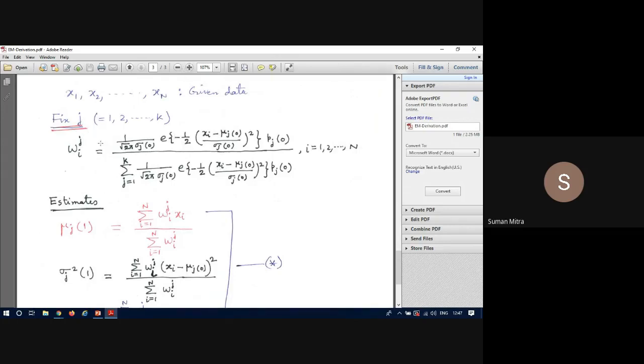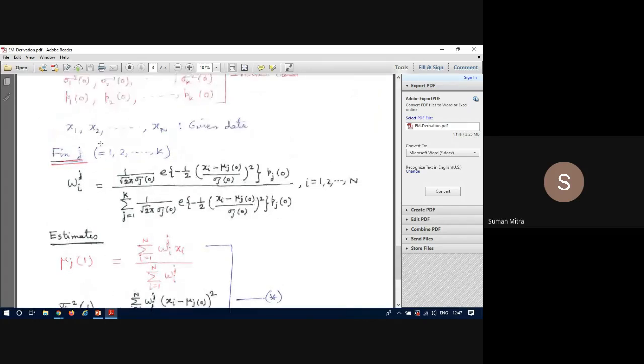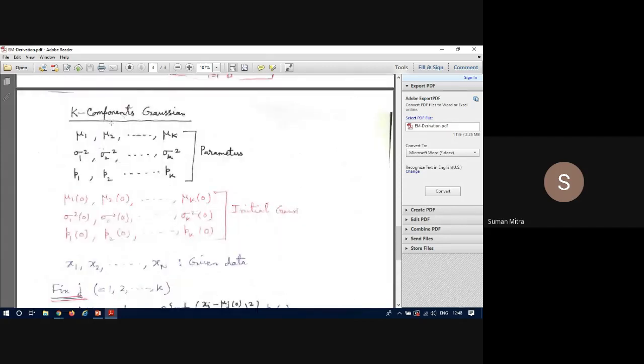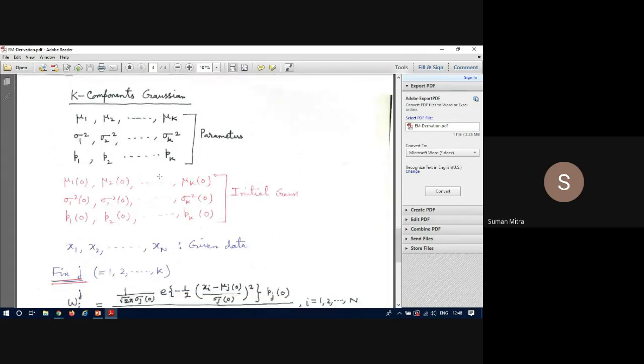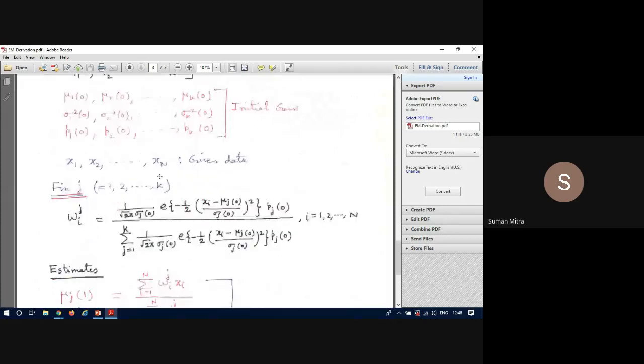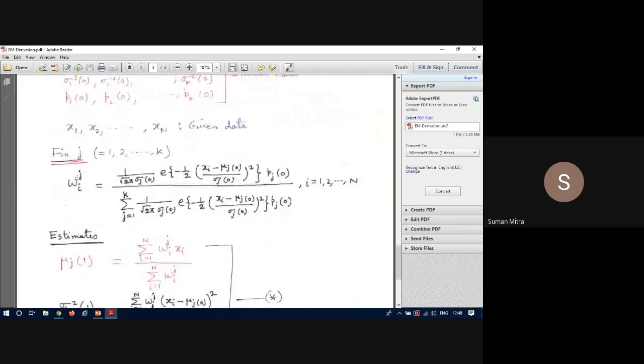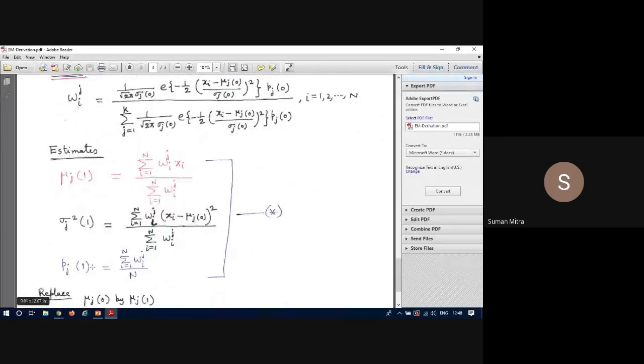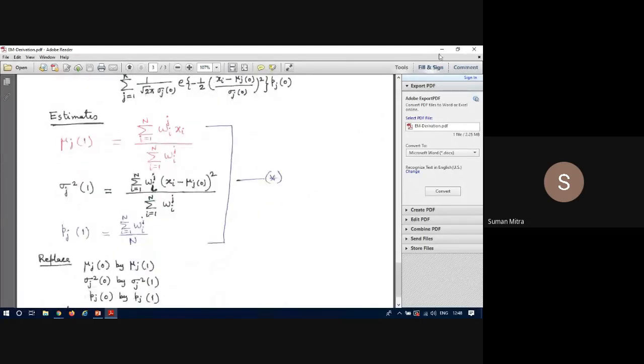And again, I am adding this part that when we have a vector valued Gaussian, then mu will be replaced by mu vector, sigma square will be replaced by sigma matrix, and P1, P2, Pk remain the same. But the procedure remains the same. We find a ratio, which is Wij, and then each one of these will be the weighted mean vector, weighted variance covariance matrix, and this ratio, which is the weight of each Gaussian component. Is it okay?